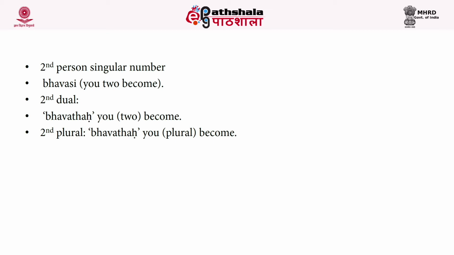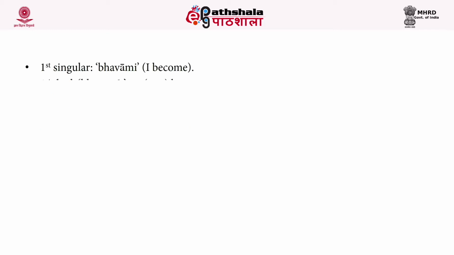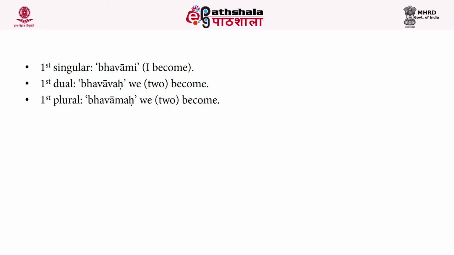The parasmaipada suffixes are introduced with the remaining roots in the active constructions. Shesat kartari parasmaipadam 1-3-78. The sutra states that after the remaining verbal roots, when the agent is to be denoted, parasmaipada suffixes are used. Such verbal roots are listed in the dhatu pata either with the udatta accent as an indicator or by the absence of the marker ng or n. If no reciprocal action is denoted, the parasmaipada suffixes are introduced with the remaining roots in the active constructions.